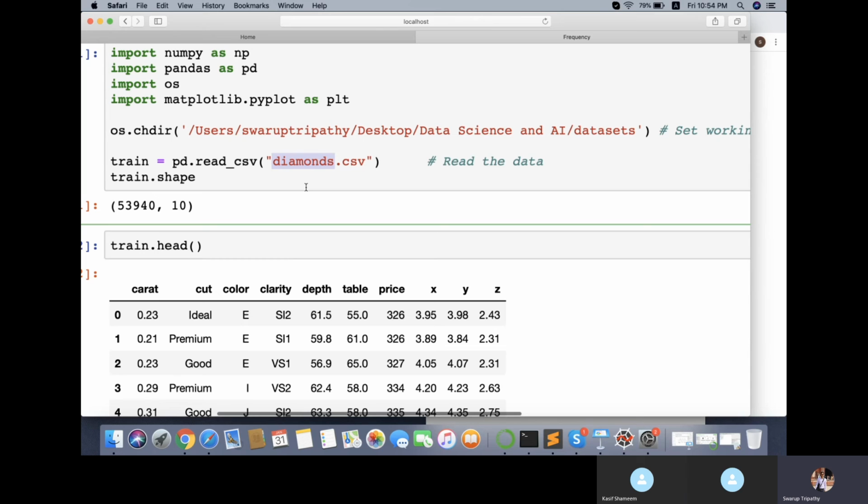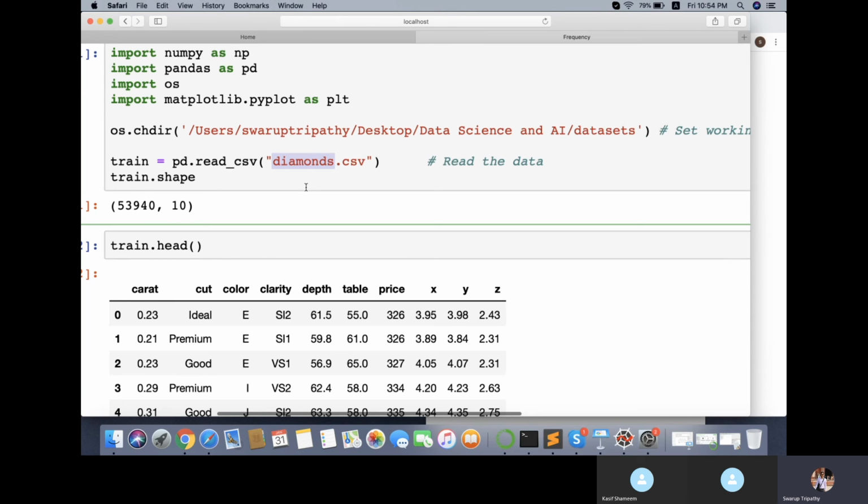So here we have 53,940 records of diamonds. If you see, most of the data is categorical. First is carat, which is also a kind of categorical data. Then we have the cut of the diamond. There is something called the 4 C's of diamonds, defined by GIA, which are nothing but different properties of a diamond.